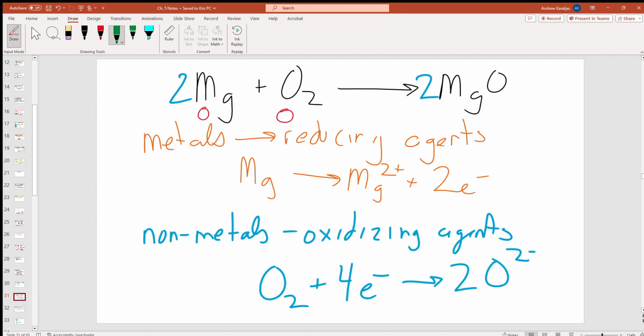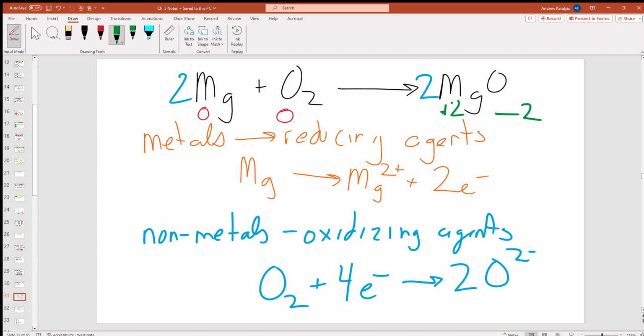So again, we're going to go back to our example now. On the right side of our equation, we had magnesium oxide. So if we now know that oxygen is normally -2, then what does magnesium have to be? Well, if the compound magnesium oxide is neutral, then all of those oxidation numbers within the compound need to add to 0. So if oxygen is -2, magnesium